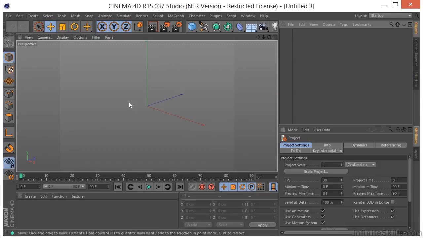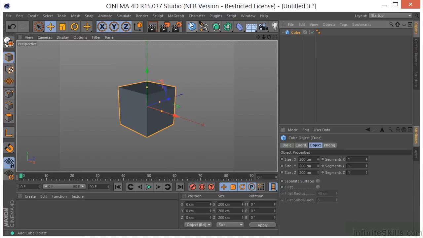Let's take a look at the extrude object here in Cinema 4D. Now, the extrude object extrudes a spline to create an object with depth. The extruded object appears as soon as you drop the spline into the extrude object in the object manager. What does that mean? Well, let's go ahead and drop our trusty cube into the scene, and we'll